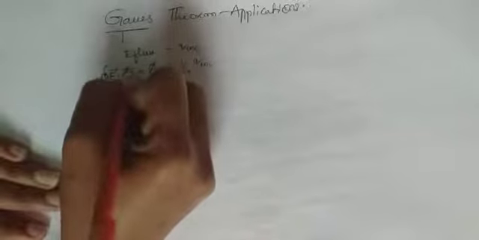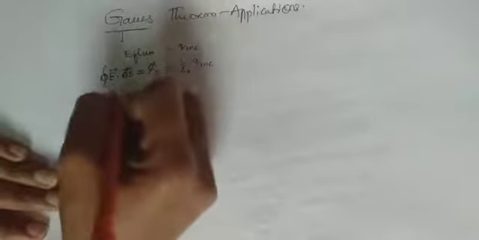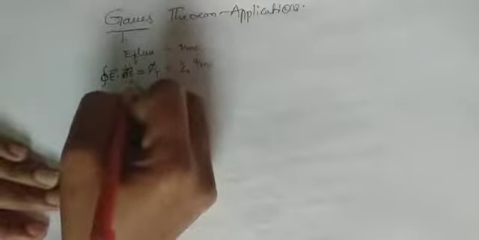But here we have to take the small area, that is ds. Why? Because here we have already taken the complete integral, so that's why we have to take small area. The integration of small areas gives the complete area. Now this is the Gauss theorem. So here we are having so many applications.